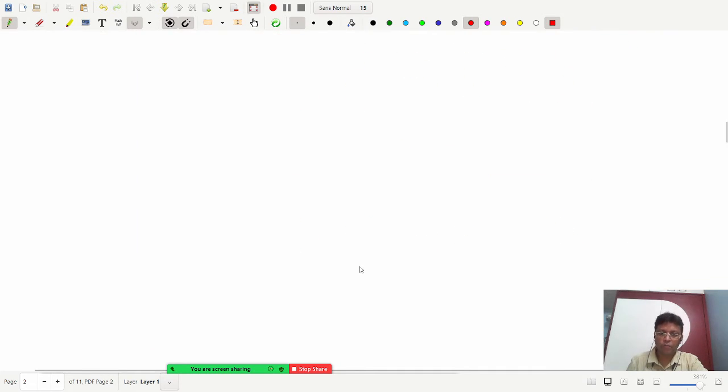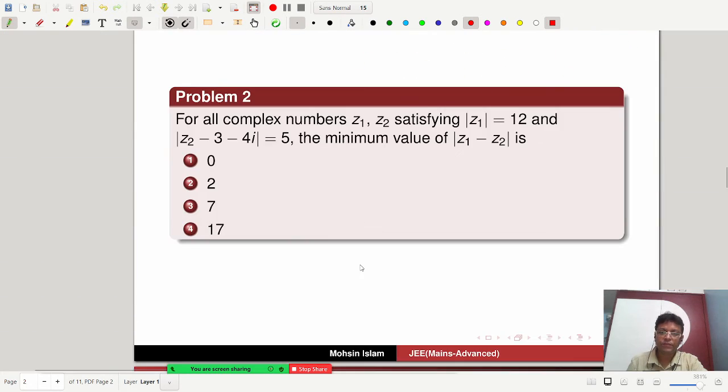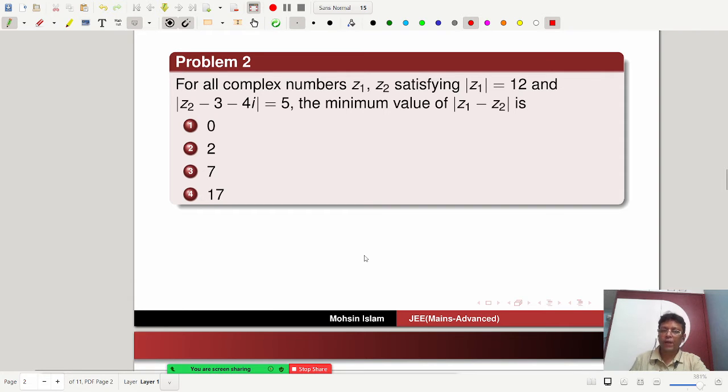Let's go to the next problem. For all complex numbers z1 and z2 satisfying modulus of z1 equal to 12 and modulus of z2 minus 3 minus 4i equal to 5, find the minimum value of modulus of z1 minus z2. First of all,